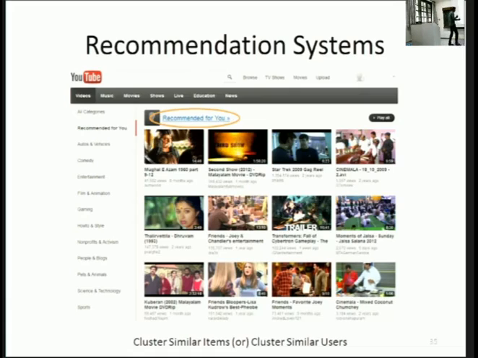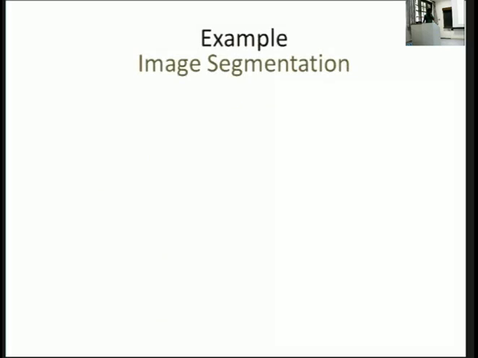So what it does is it clusters similar users. Similarly, it also clusters similar items. There is a bunch of videos which are similar. For example, I watch one Friends video and it starts giving me a lot of Friends videos, because Friends is a series, you know that, right? So Friends is a cluster. That's how a recommender system works. And in the back, there's a machine learning algorithm that does clustering and a little more sophisticated things.